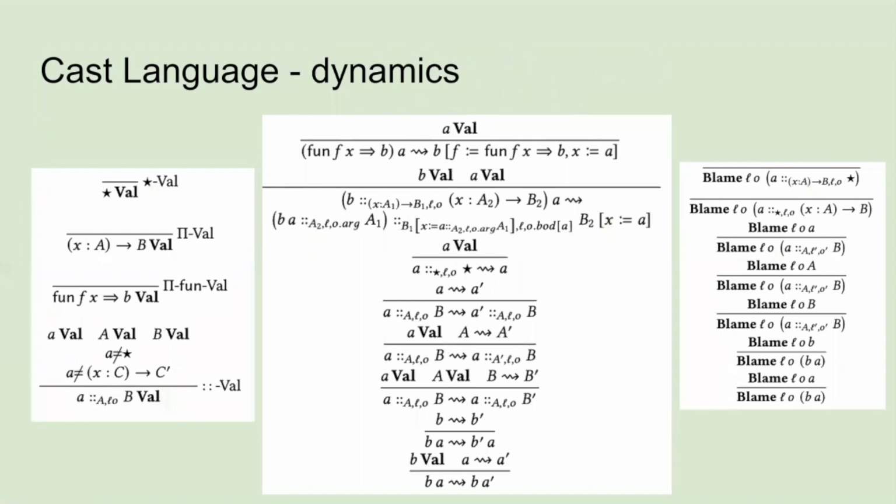We need to extend our notion of value so that the casts are sufficiently evaluated. We add small step rules for the casts, as you can see in the second rule there. And we have a new blame judgment that will extract inequalities of constructors from terms. Now, often you see errors treated directly in the small step semantics, but separating it out into a separate blame judgment makes many things quite a bit easier